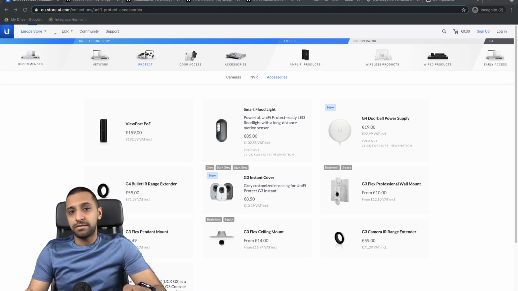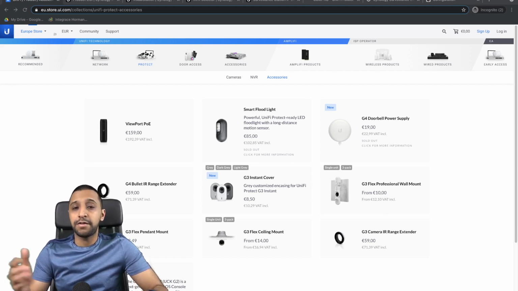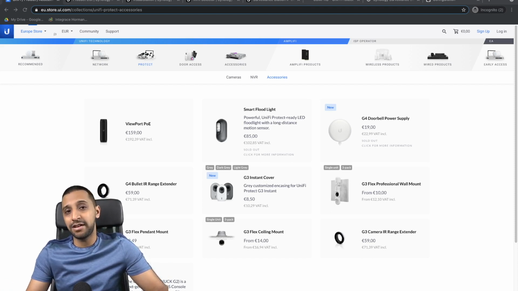So you've got your hardware done, you've got your camera set up, so the next thing you want to do is viewing your cameras. Now, not everybody wants to do this. Both vendors do have applications, so Synology has the DS Cam and Ubiquiti has their Protect app where you can go and view the cameras at any point you want. But if you're scaling out a little bit more and you want to be able to keep it on a TV, or you're in an office and you want to keep the cameras up, then you want to look at